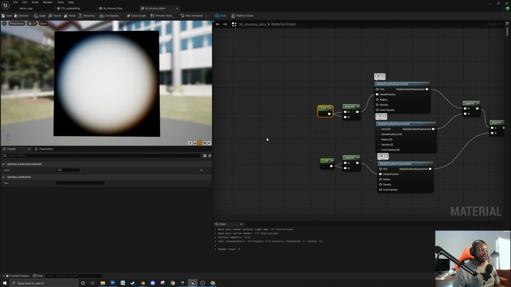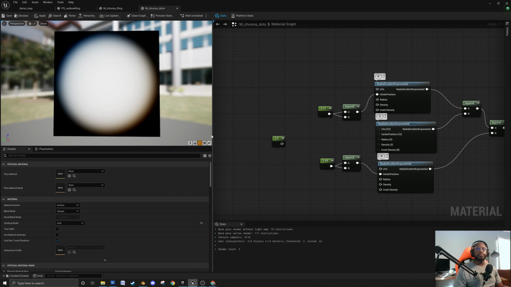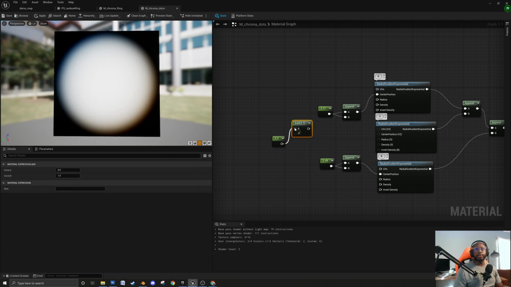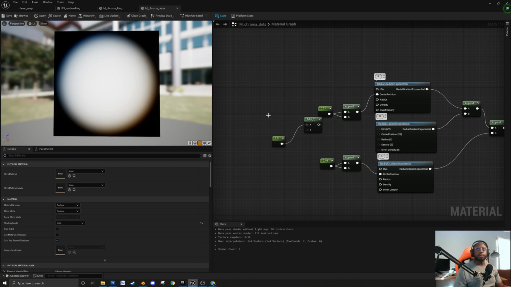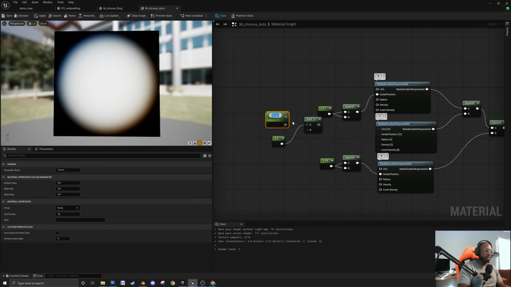I would do something like 0.5, and then I'd say add here, and I'd add, right click, and we'll convert this to a parameter and call this offset. Offset of 0.1. Default value of 0.1, and so I'd add it to this value